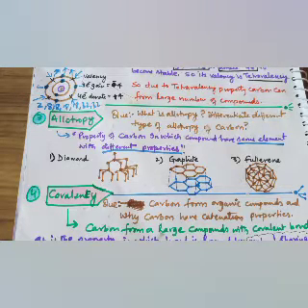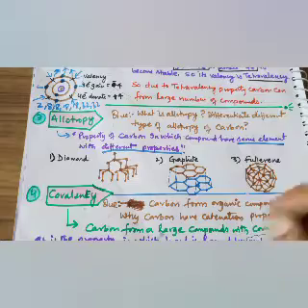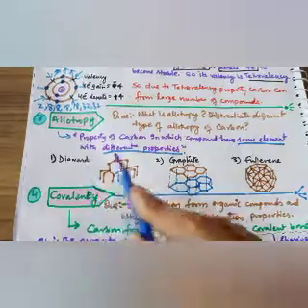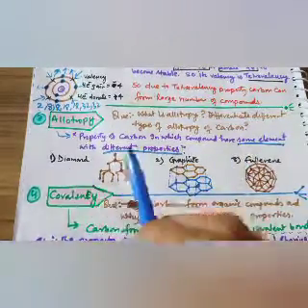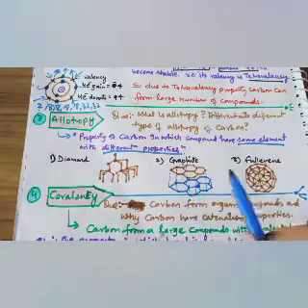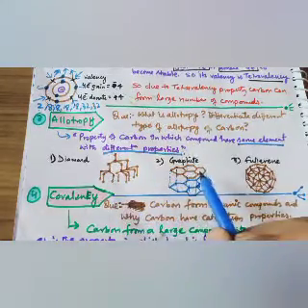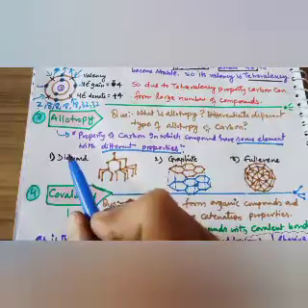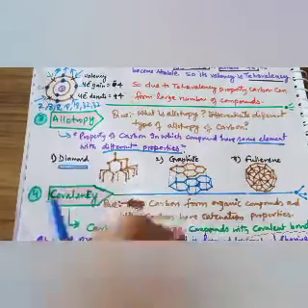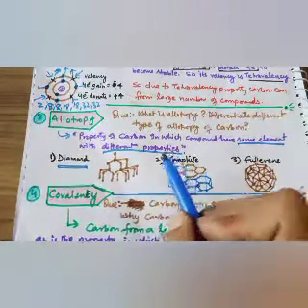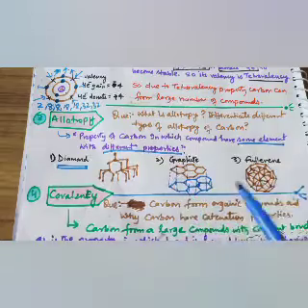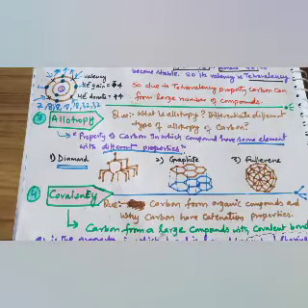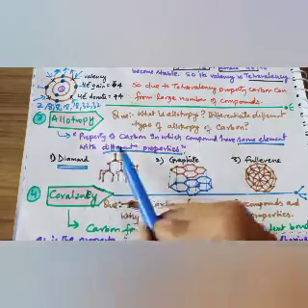So carbon also has the same property. These all three compounds are of carbon. Obviously this is carbon, this is carbon, this is carbon. But this is diamond, this is graphite, this is fullerene. Diamond, you know very well, is used in jewelry also. Graphite is used in pencil lead. Fullerene is one kind of artificial allotrope of carbon. So it is a property of carbon in which a compound has the same element but different properties. Okay, this we will study in detail.